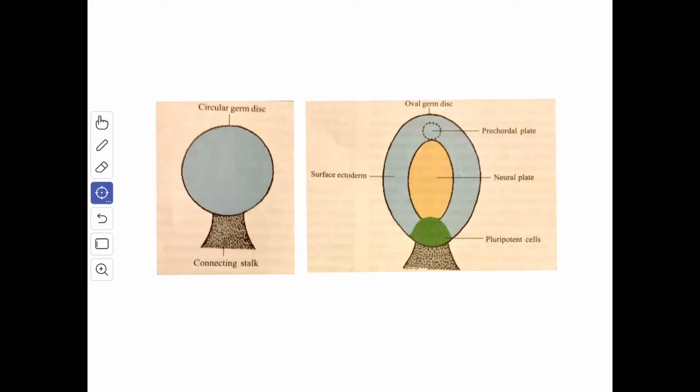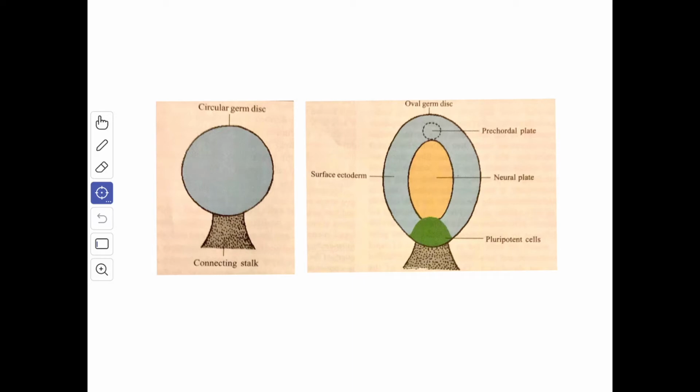In this video, we'll study the changes in the third week of the germinal period. The most significant change in the third week of development is the conversion of the bilaminar germ disc into a trilaminar one by a process called gastrulation. This takes place with the advent of the intra-embryonic secondary mesoderm, which appears between the ectodermal and endodermal layers of the germ disc. Next, we'll see what the changes in the germ disc or embryonic area are.